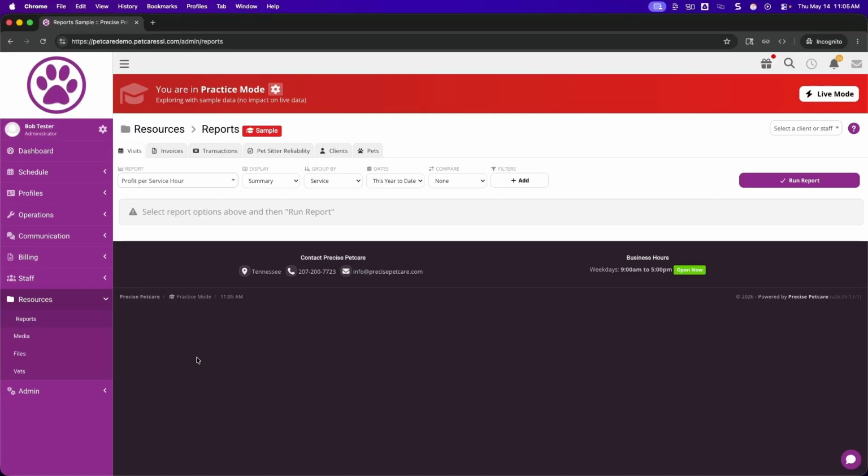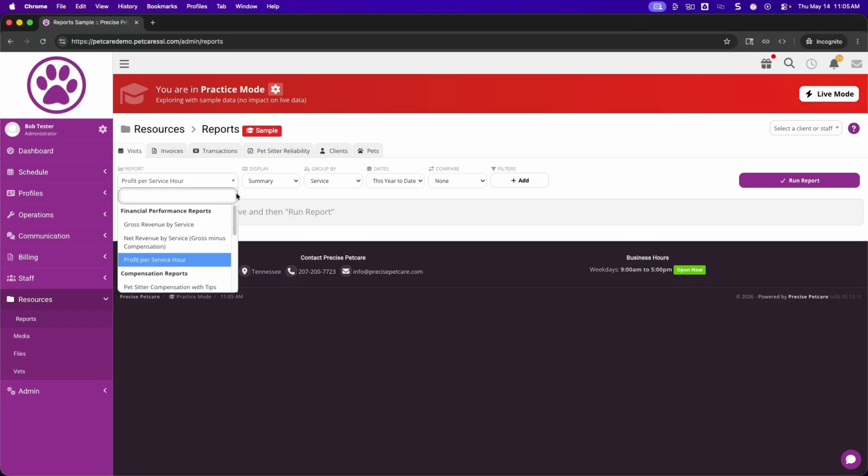The next new feature are the report updates, which are new reports and terminology changes. So the first thing that we've done is update the titles of the reports to align with common business terminology. For example, the total earnings report is now gross revenue by service, and the pet sitter earnings report is now